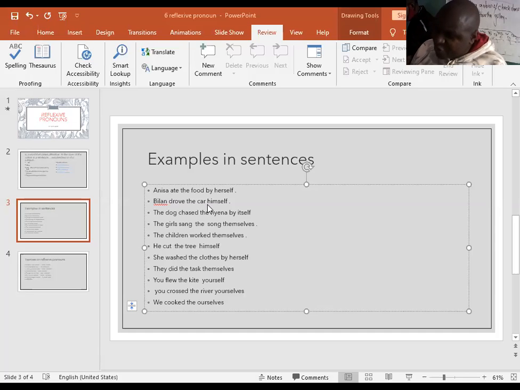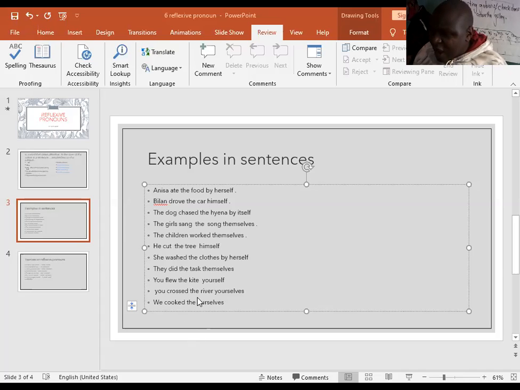In the event we use yourselves, it means we are referring to more than one second person. Not singular anymore, but plural. Remember, plural of second person personal pronoun you is you. But we use yourselves just to help us understand that now we are referring to quite a large number of people. Then we cooked